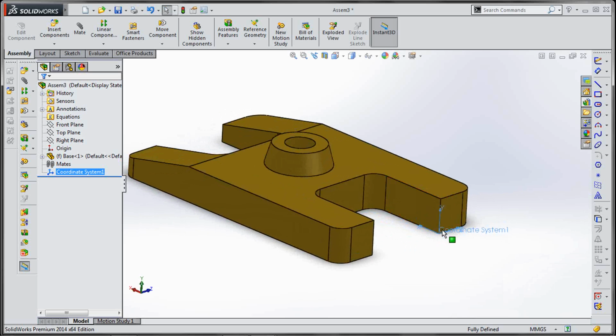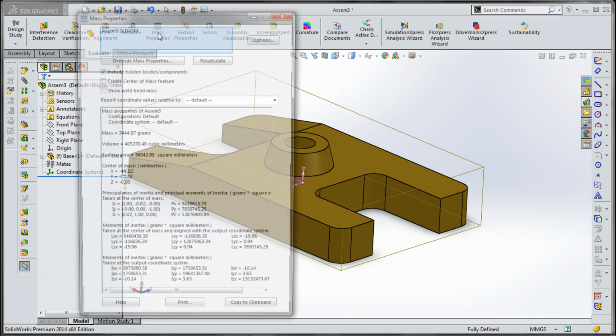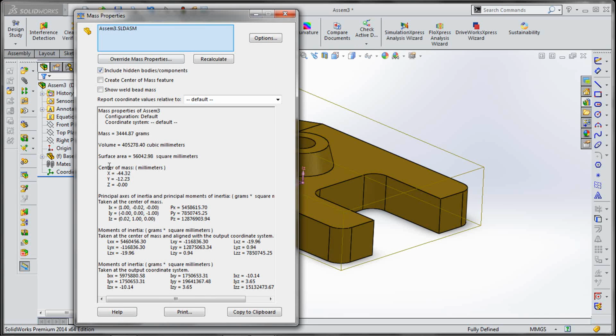Now when we have this coordinate system, the only thing we have to do is to find the center of mass. So go to Evaluate, Mass Properties. You can find here the center of mass, but this is relative to the default coordinate system, and we don't need that. This is really important.